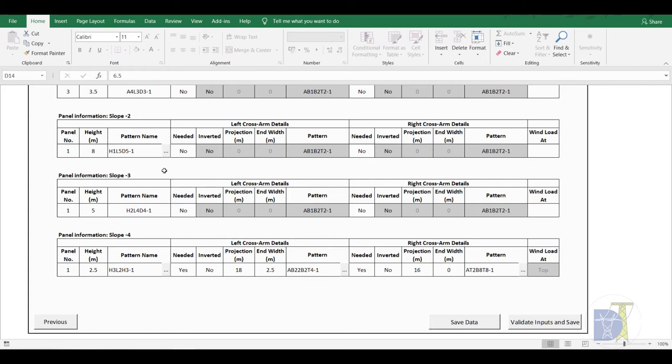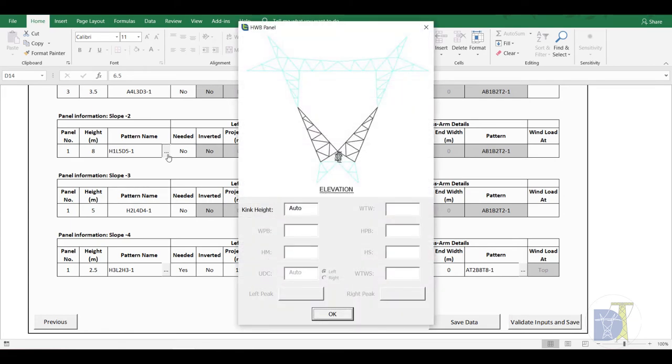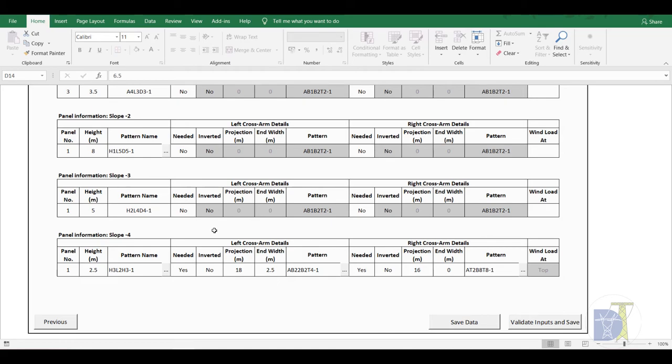Here, as you can see, when the user selects the window bottom panel, a button with 3 dots appears beside the panel. When the user clicks on the button, a form will be opened to provide additional inputs to this particular panel. In this new update, we have also provided images of that particular panel that needs the additional inputs. In this case, we only have to provide the king height value in window bottom panel. Let me give that value as 1 and click OK. There are no additional inputs required for window top panel.